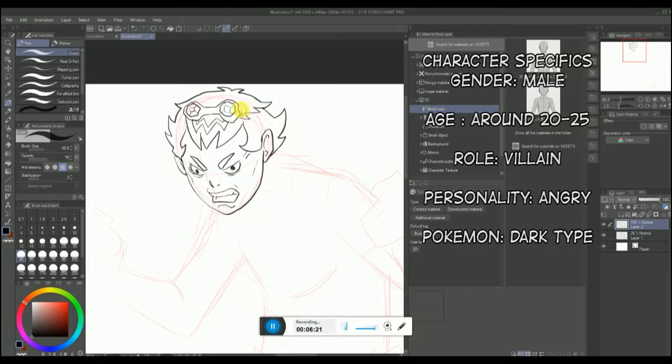This is what I love about Pokemon designs. They play so much with the eyes, the hair, and we could give him a small goatee. Now coming to the clothes, I'm going to give him a sweatshirt.